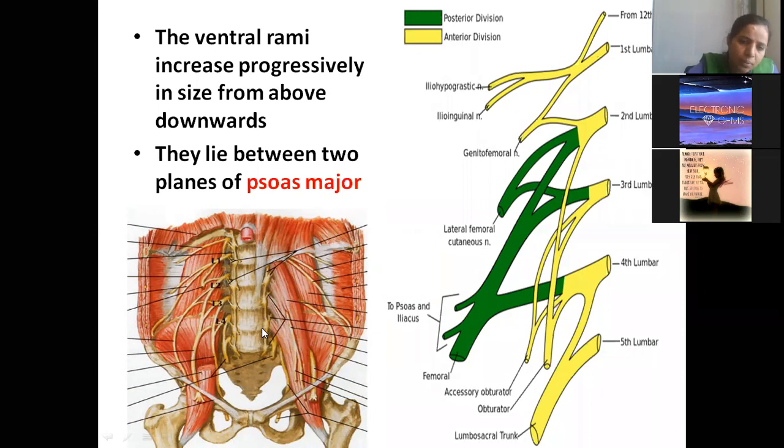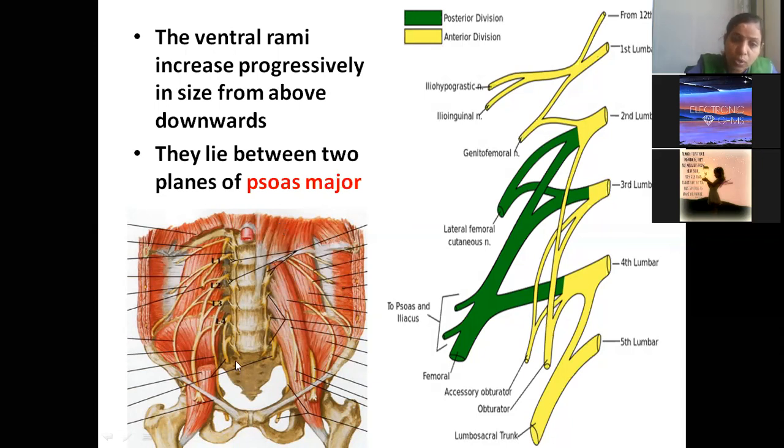Now let us try to name these muscles. This muscle is psoas major, and this muscle is iliacus. We know this. In the iliac fossa, we have iliacus, and this is psoas major. Then the posterior abdominal wall muscles. I gave you one code. Do you remember PQT when we were doing the posterior relations of the kidney? Psoas major, quadratus lumborum, and transversus abdominis.